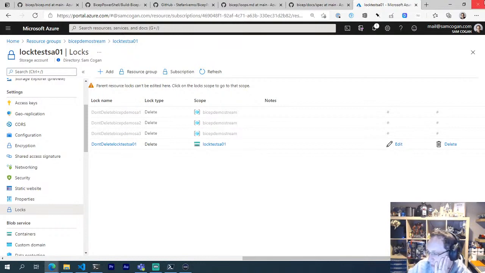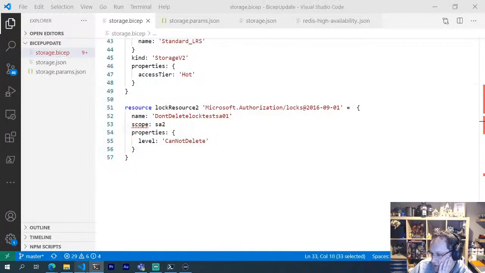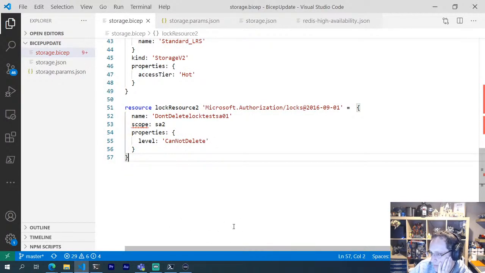Yeah, so that's not going to work with the for loop of that. So yeah, there are a few issues here with the fact that some resources don't have... The for loop doesn't have all the functionality we would have with ARM. So yeah, if we have a look at the actual, if we compile that